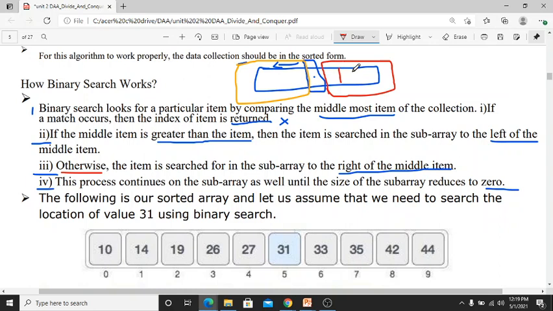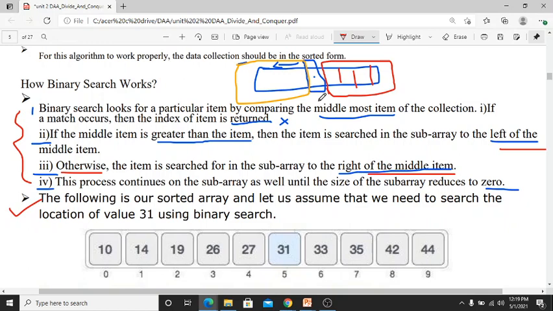Again, if we have some numbers here, it will process the same thing. It will check the middle element, and if it is the same as whatever you are looking for, then it will display it. Otherwise, if the middle element is greater, then it will check at the left side, otherwise it will check in the right side. So this is the process of how binary search will work. We will take an example and solve it, and we'll see the algorithm as well.